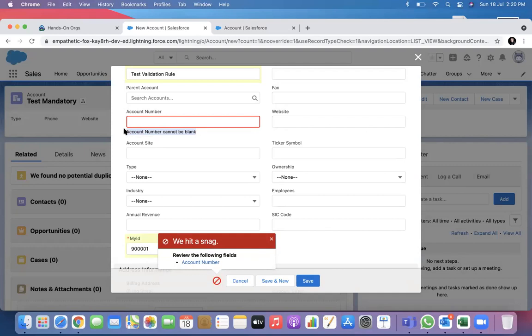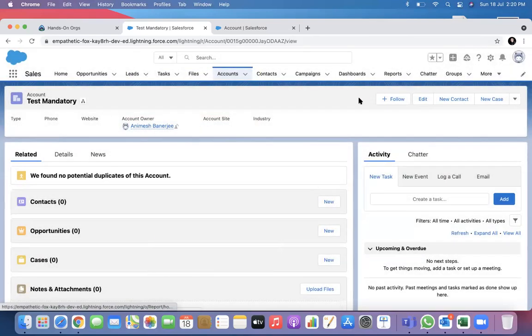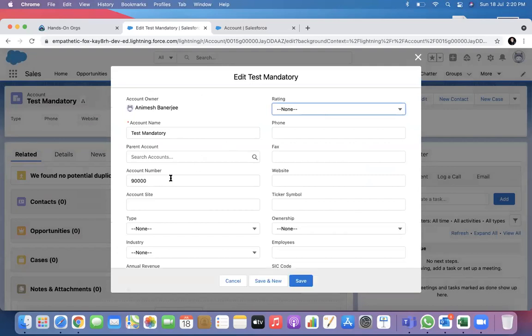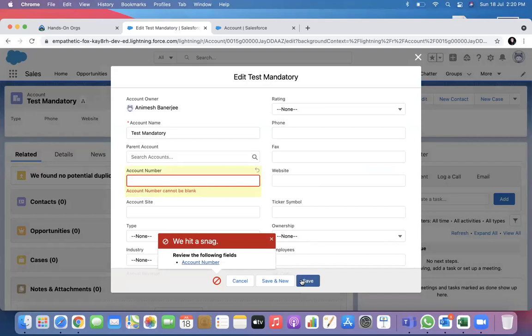So the validation rule is a blocker which works not only for new, it will also work for edit. If this account is already created and I edit it and remove the value, it will also throw that same validation rule.